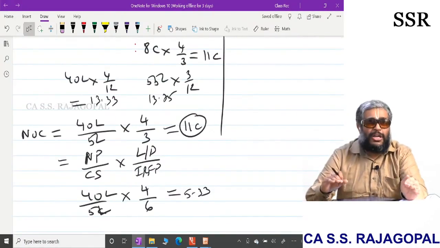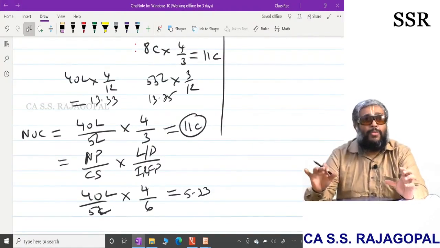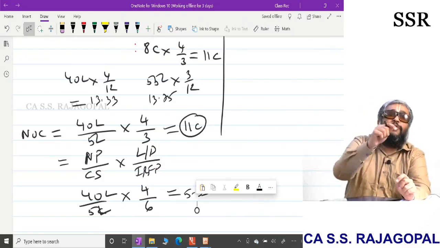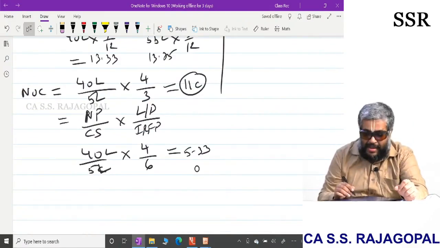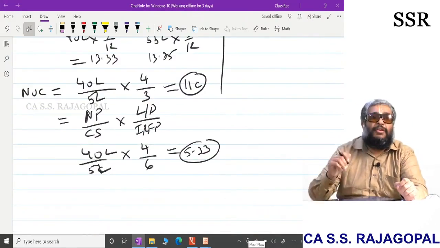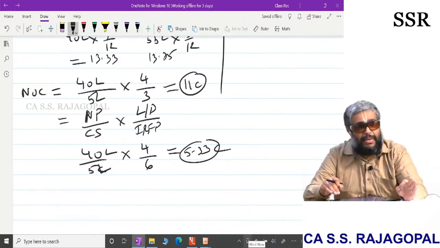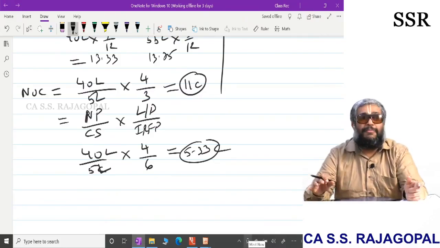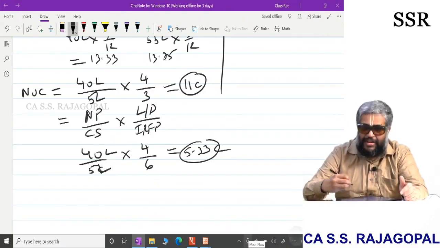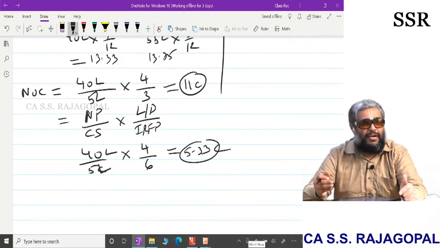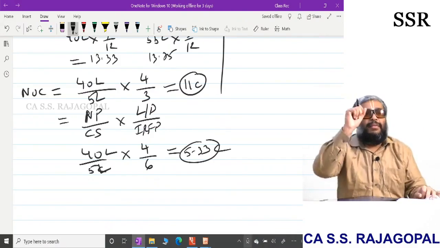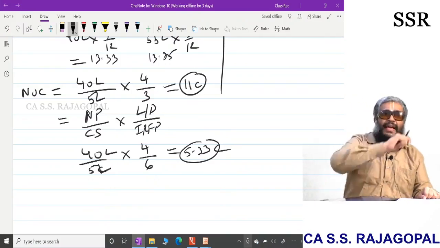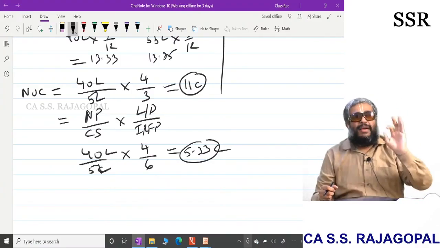So lesser notional principal on 6 by 12 will be able to tackle a higher principal on 4 by 12. Yes or no? Suppose I hedge using a 6 months contract, then I should go for 5.33 contracts. If I hedge using 3 months futures, I'll go for what? 10.67 or 11 contracts. 5.33 can be rounded off to 5 contracts also. Everybody understanding? Based on the maturity mismatch, the number of contracts to be selected is what I just wanted to communicate in this particular discussion.